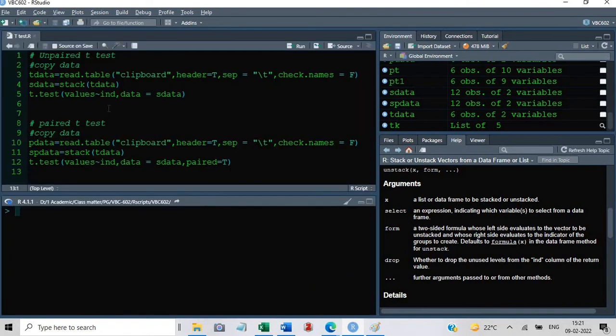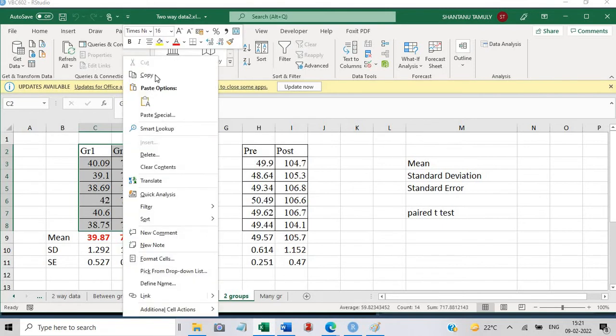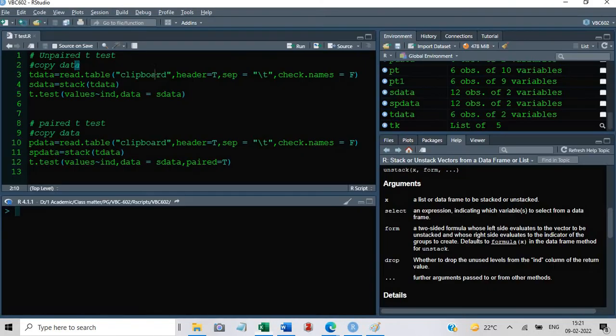First of all, we'll do the unpaired t-test. For the unpaired t-test, we select the values and copy this. Then come to the R software, put the cursor in this copy data and click run here.